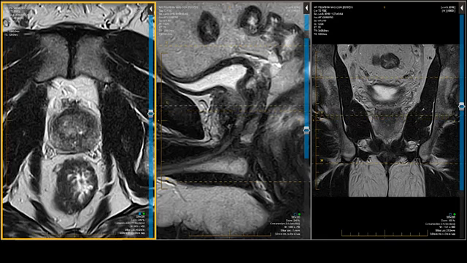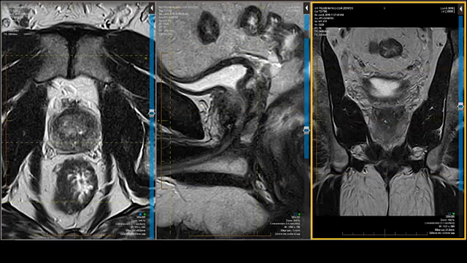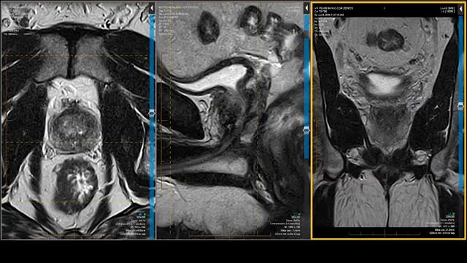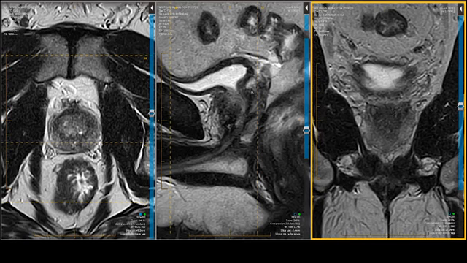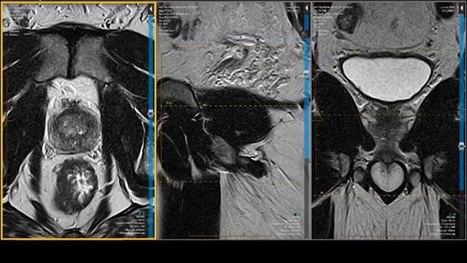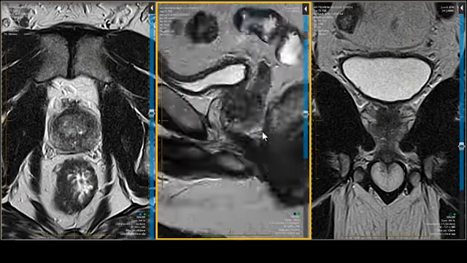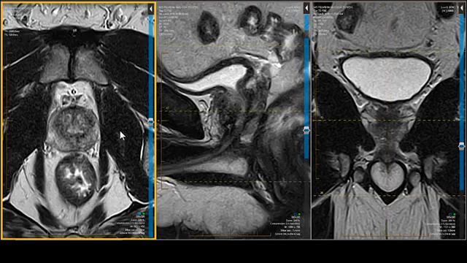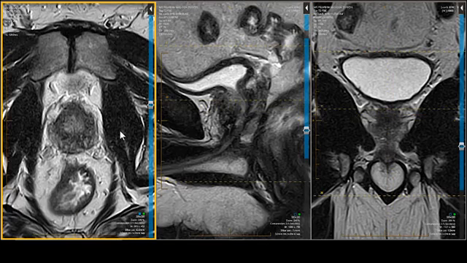And I'd like you to kind of follow along in the middle and on the right. I'm going to make the right side a little bit bigger so that you can see where you are. So this is your coronal, this is your sagittal, this is your axial, all 2D FSE. Let's see where we are. We're up near the base. So at the base, we're going to see mostly